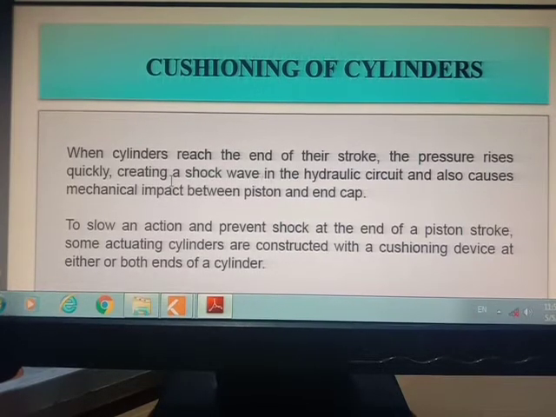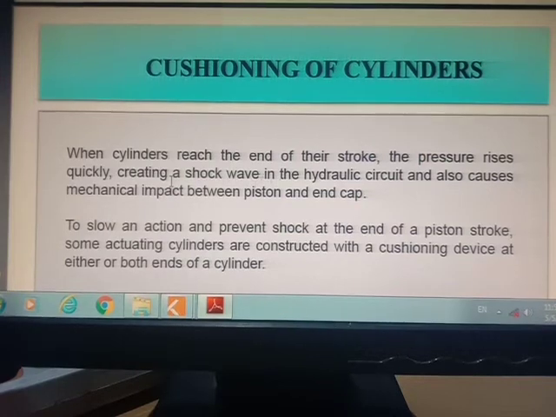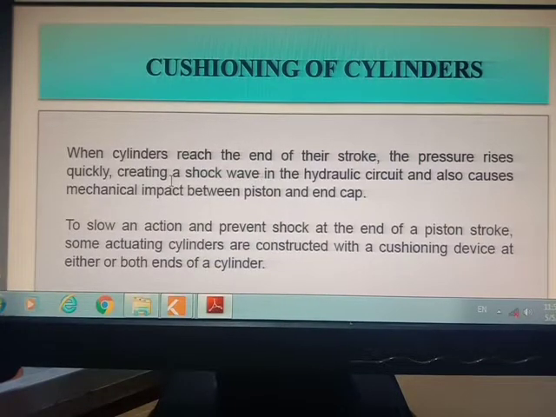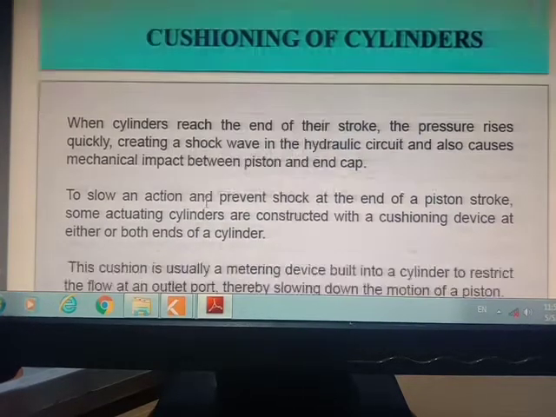And why is cushioning of the hydraulic cylinder done? The cushioning of the hydraulic cylinder is done to avoid the impact of the piston on the end cap. Due to the high pressure hydraulic oil, the speed of the piston will remain constant and there is a possibility that it will strike the end cap of the cylinder. To avoid this, we make an arrangement so that the piston speed at the end of the stroke will be somewhat slower and the striking action will not take place. That arrangement is known as the cushioning of the cylinder.